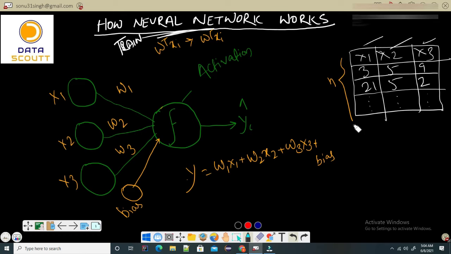As I said, the input and output in our linear regression model of a neural network will be the same, w transpose xi. But what if we have a problem where we are going to use logistic regression, where we are trying to do binary classification?